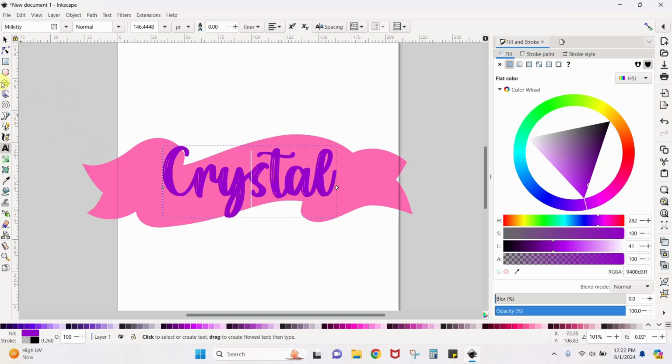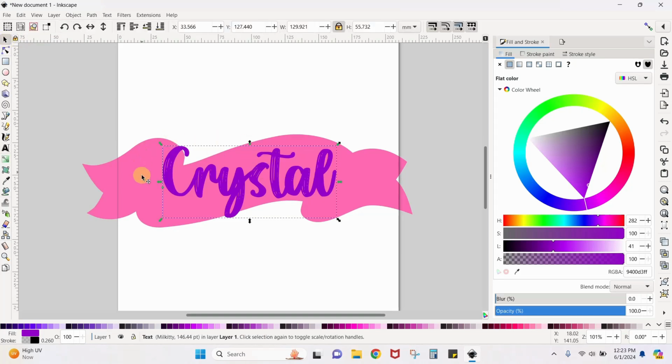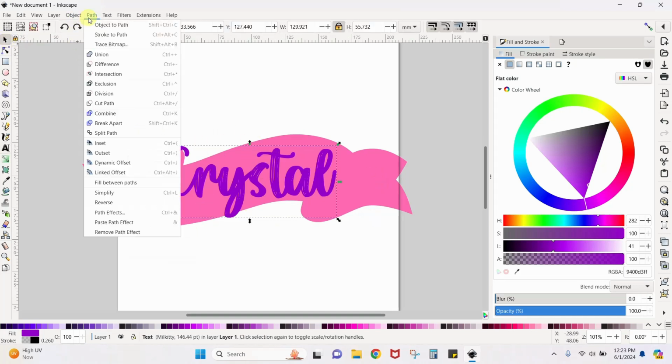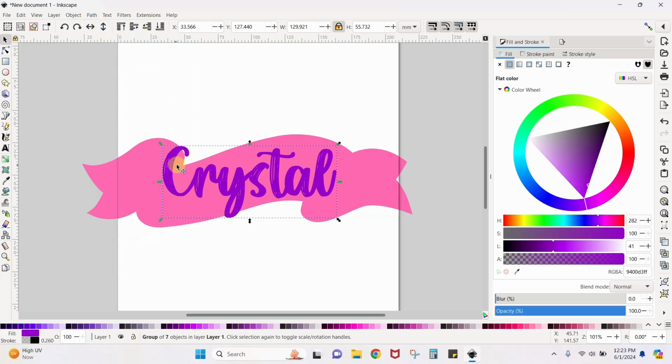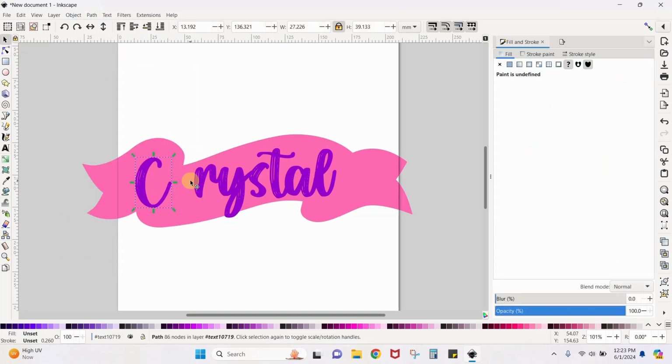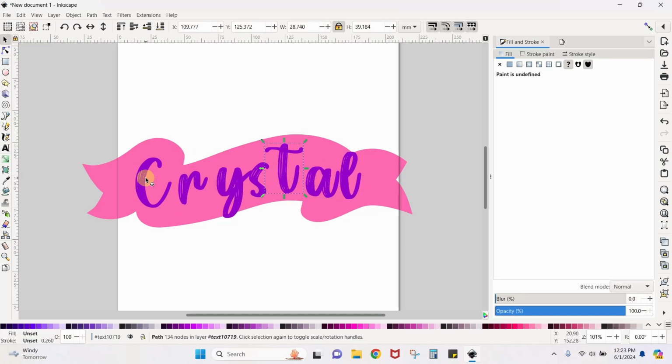So here it is. I need to move the letters around. But before I can move them around, I need to actually turn them into individual paths or individual little designs. Right now it's just a text word and it can't be broken apart. So to do this, I'm going to select my selector tool here again. The word is highlighted. You're going to come to Path and Object to Path. And now if I click into it, each little letter can be separated and I can move it around and I can put it on this banner